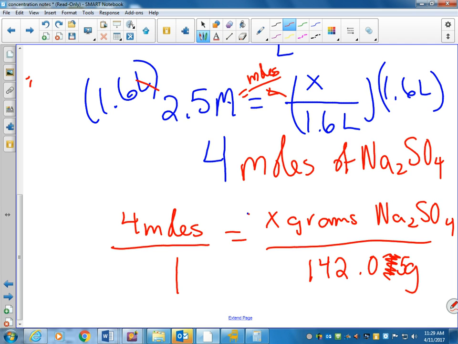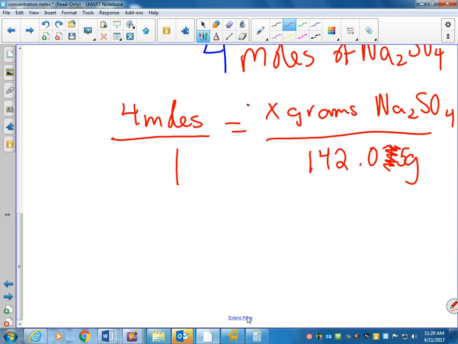How did we get that number again? We took 2 sodiums, 1 sulfur, 4 oxygens off your periodic table of elements, your green one, right? Their atomic mass. You added them all up. We got that. The last thing we have to do then, times by 4. So 4 times 142.05 is